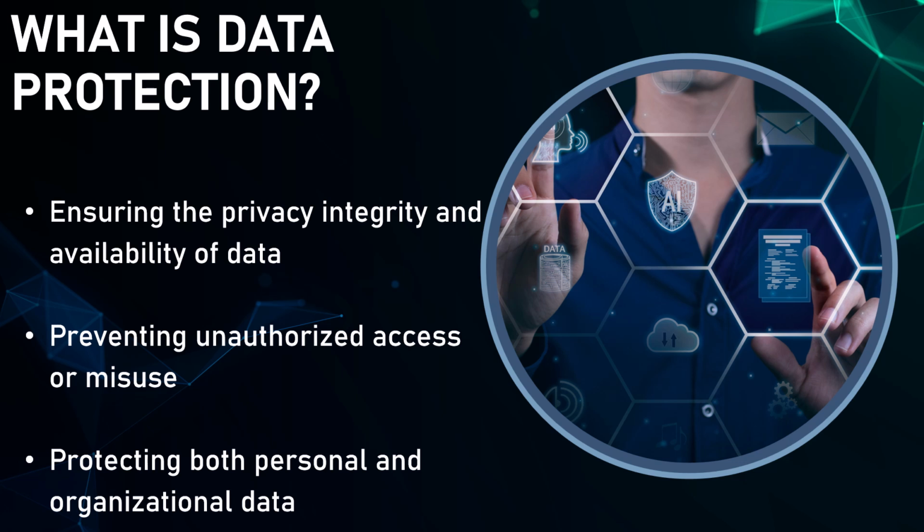We also have the principle of availability, the third part of the CIA triad, which is the principle of ensuring that this information is available when needed and to the people that need it, like people with legitimate reasons to access this information. And then of course we have